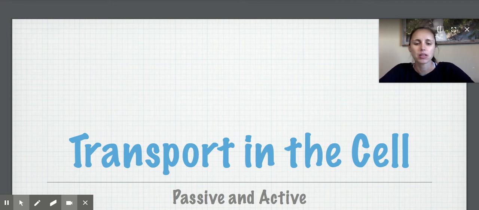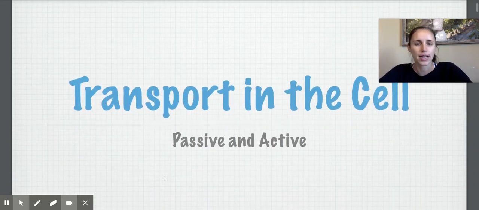So today we're going to be looking at transport into the cell and out of the cell. This is actually incredibly important as we talk about our system. So we're going to be talking about the digestive system and how stuff gets into blood and out of blood. And we are going to be talking about the respiratory system and how stuff gets into and out of blood. So it's really important to understand transport, how things are moving into cells and how things are moving out of